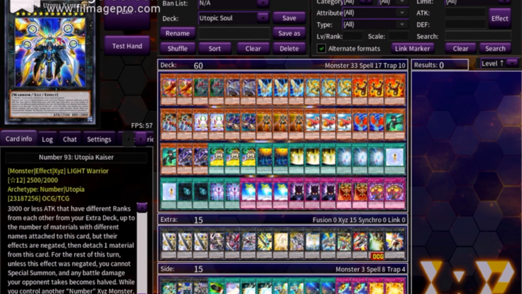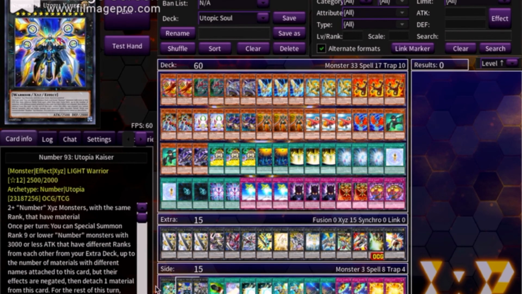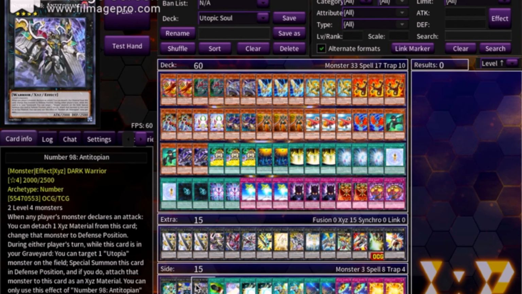So pretty much it becomes immortal, and it can just fetch you Xyz monsters from the extra deck. It's in the sideboard because it can just be useful. It can help you bring out Utopias if you don't have the materials to bring it out. Next up, number 98,